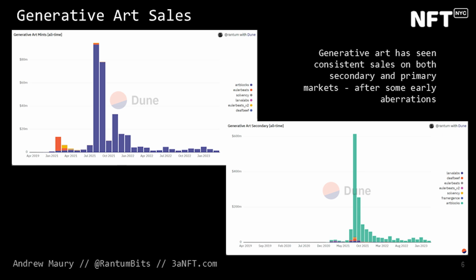Early on, we started seeing spurts after they launched. There was a lot of activity, and edition activity has really gone in spurts. More recently, we've seen open editions become quite popular. Manifold has had a number of those mints, and we can see that it's really gained a lot of attention